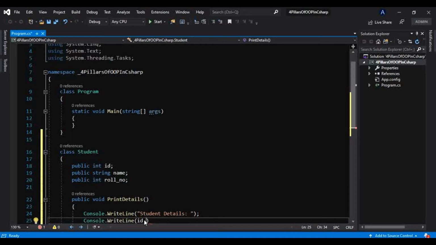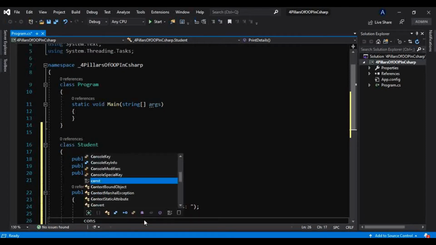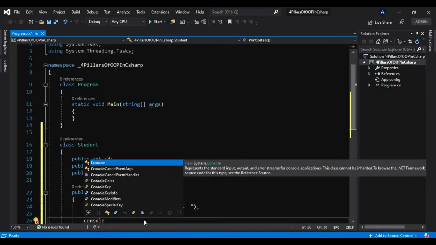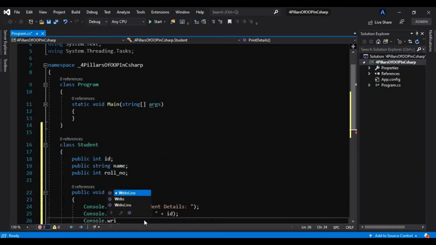Let's print a message like "ID equals" plus ID, and we know how to concatenate that. We have learned string concatenation also in this very tutorial series. If you are not aware of that, please check the video on that as well.